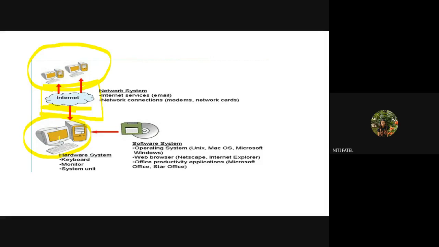So what is your computer system exactly? It contains some software, some kind of hardware, and it also contains a network system. Now this network system is optional, and it comes into the picture only when you have a scenario where you are sharing data. But if it is only a normal regular computer where you do not want anything to be shared, it will contain only software and only hardware.